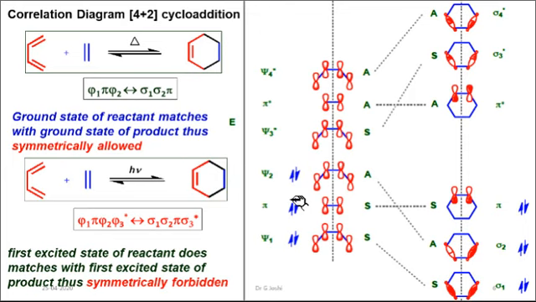Now we'll assign the symmetry with respect to the vertical plane, which will bisect each molecular orbital of reactant as well as product into two equal halves. Based on this division by the mirror plane placed vertically, we'll assign whether the orbitals are symmetric or antisymmetric. Since this is the ground state of a 4n system, it is in phase, therefore we'll have two equal halves. That's why we call it symmetric.